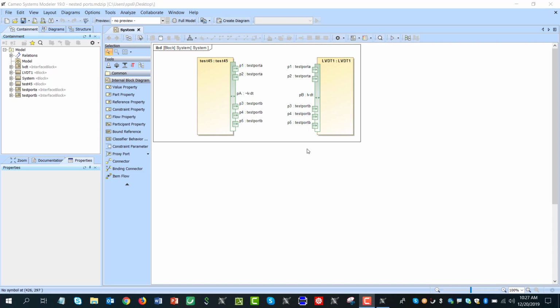But actually, if we create connections between the nested ports, that means that the ports are connected, and that means that the parts are connected. So in order not to duplicate connectors, we can show a virtual connector. So here you see how that works. First of all, we created those ports, and now we can even use here